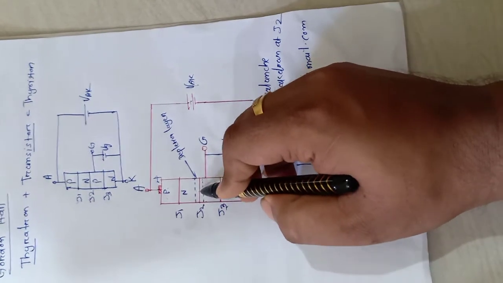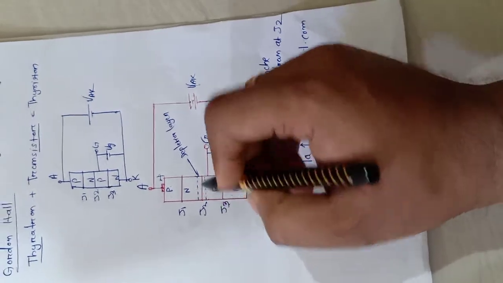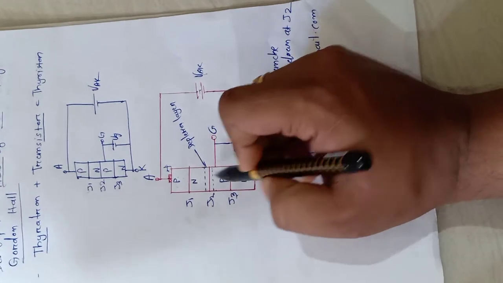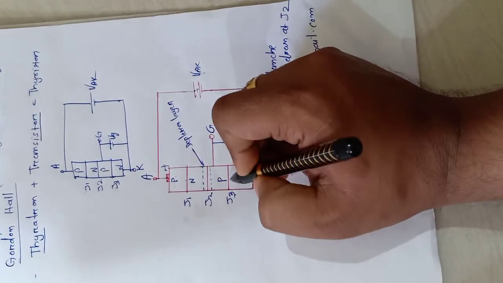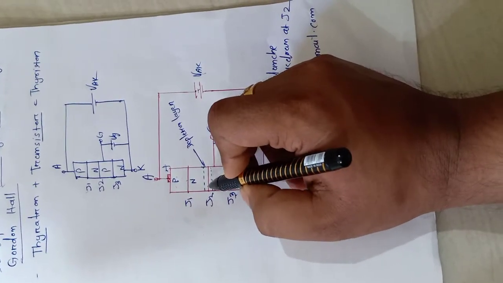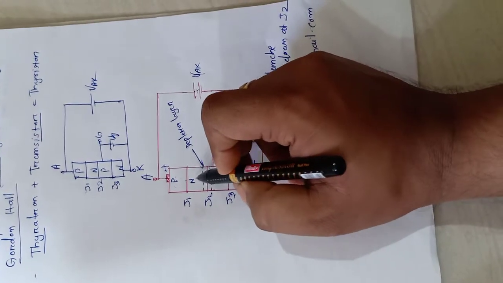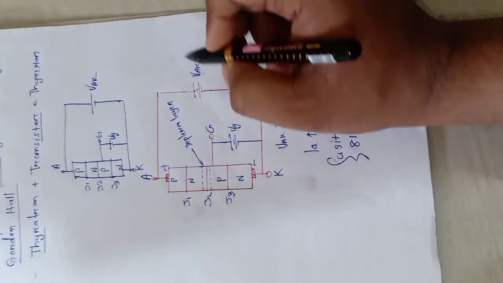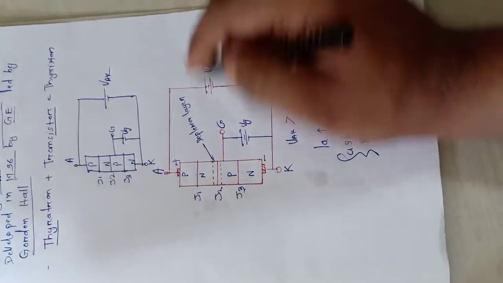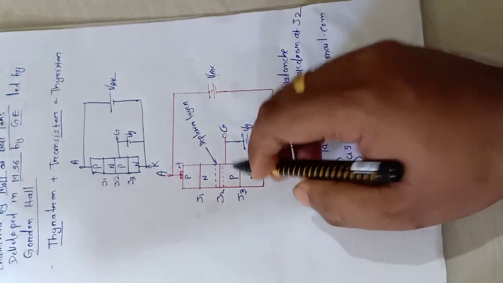So this J2 junction will not allow the flow of current, that means it will block the flow of current. But as J1 and J3 are forward biased, these two junctions will allow the flow of current. But in total, as J2 is not allowing the conduction of current, we will only have a leakage current flowing in forward blocking state. This leakage current will not be able to turn on this device. So our SCR is in off state.